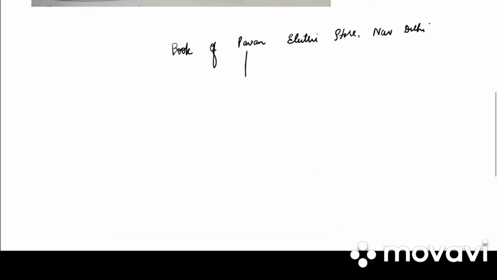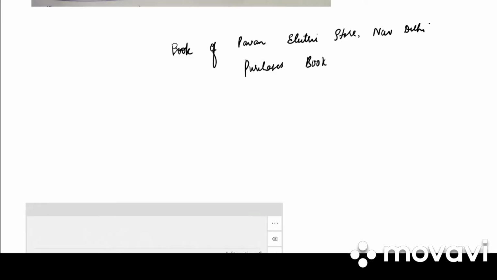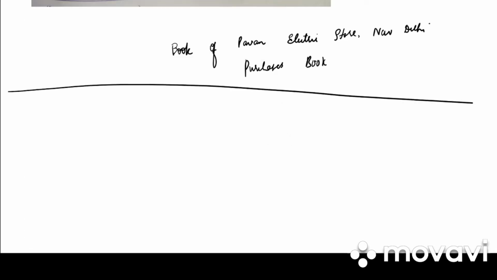Take down the format. First heading will be books of Pawan Electric Store, New Delhi. Purchases book. Draw the format.